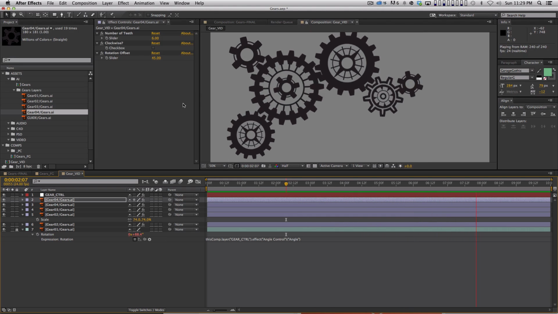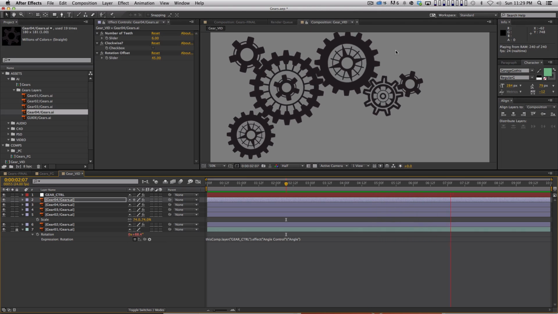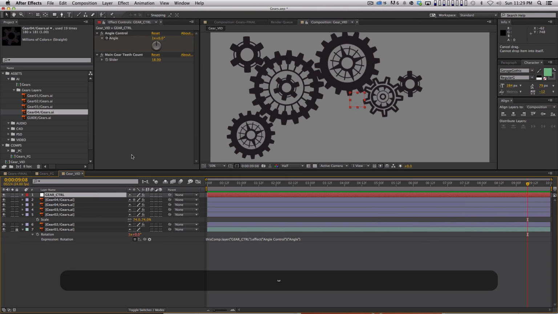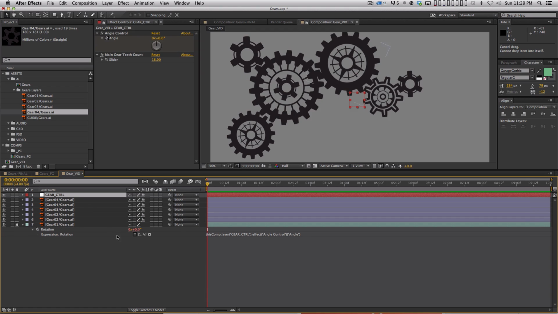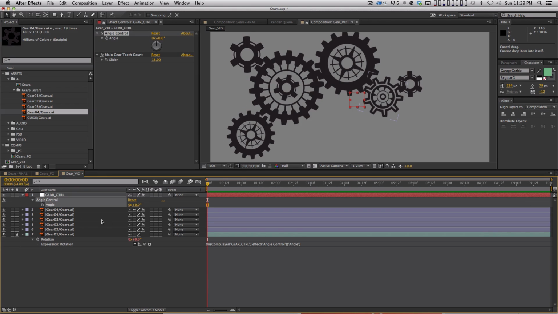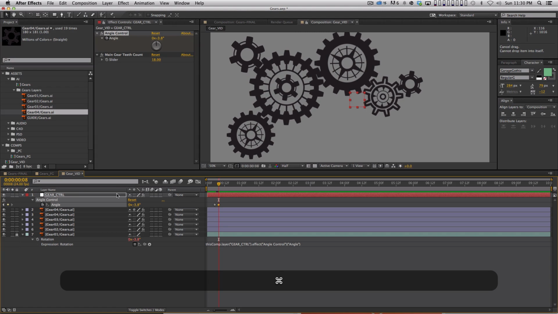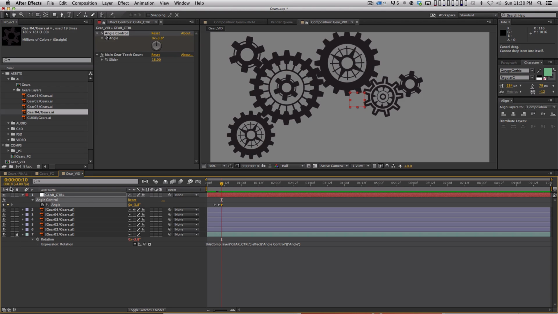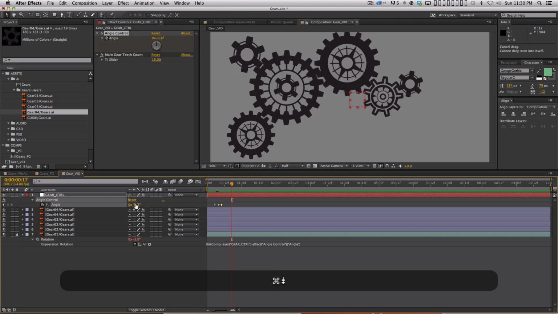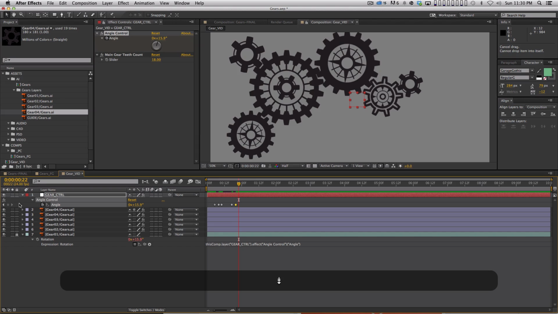But now that you've built this little rig with simple controls, that any After Effects artist could figure out if you just shot them a little email, now you're good to go. And again, the beauty of having this gear controller do all the work is that now, instead of having just a simple move, maybe you have it sit still for a few frames, and then maybe it's like someone turned the motor on and it kicks back a little bit like that, hangs there for a couple frames, and then it kind of shoots forward. It goes a little too fast, and then kind of catches itself, pauses, and then it starts